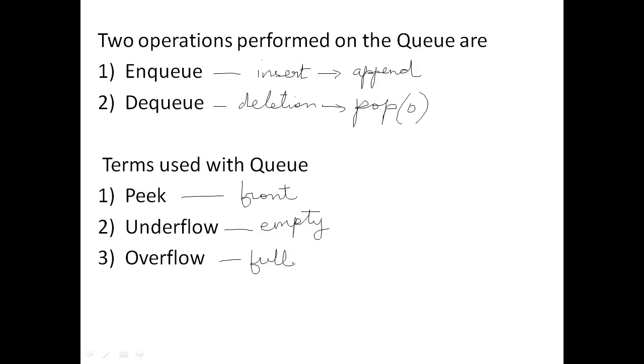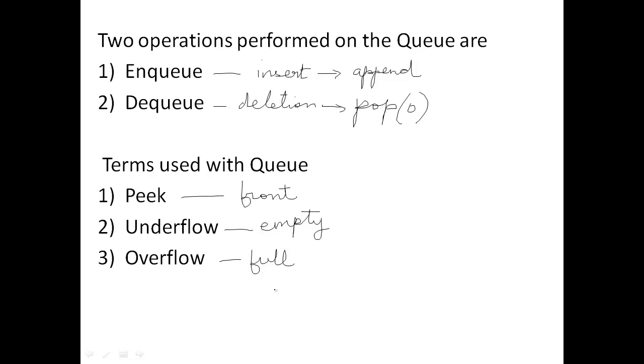A list doesn't have a static size as such. It can keep increasing as and when required in the program. But if you want to restrict it, you can always say, no, the length of the queue can only be 5. So anything beyond 5, you would not be accepting, and you could say overflow. Is that clear? Okay, so let me now take you to the program part of it.